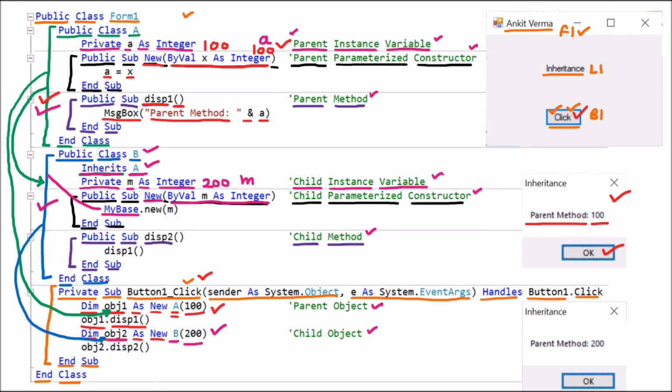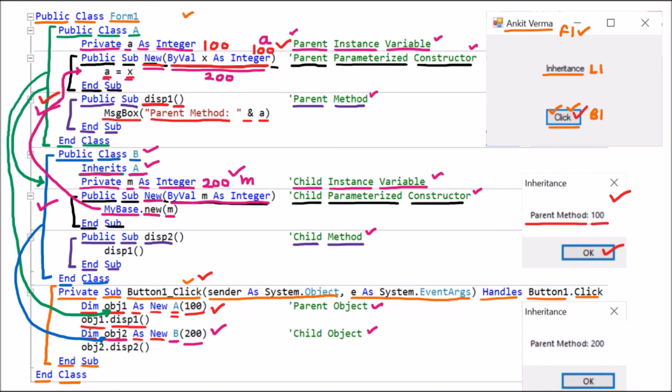So from here we are going to the parent, but where in the parent? It is saying dot New. So it is saying go to the constructor. So here in the parent constructor we are going and it is saying pass the parameter m. So here in the constructor which is New, we are passing the parameter and the parameter value is 200. So this m contains 200. So we have provided this value 200 here. It is saying a is equal to x. That means the value of x is going to a.